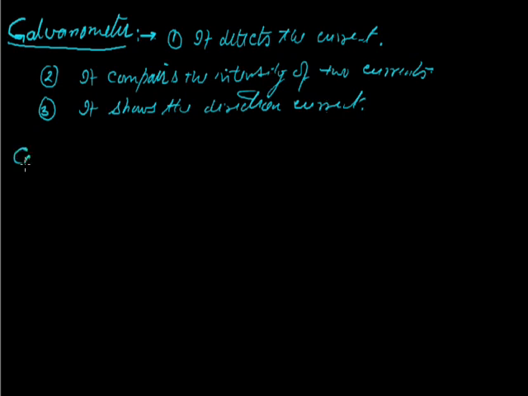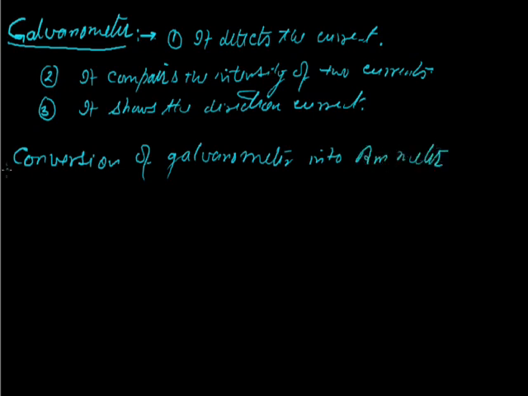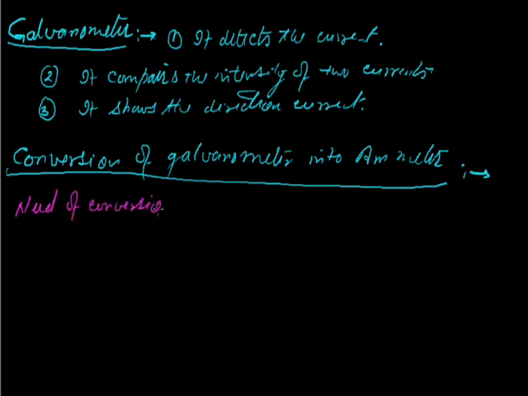Now conversion of galvanometer into ammeter. Now first of all, what is the need of this conversion? Ammeter measures the current and it is connected in series with the circuit. For example,